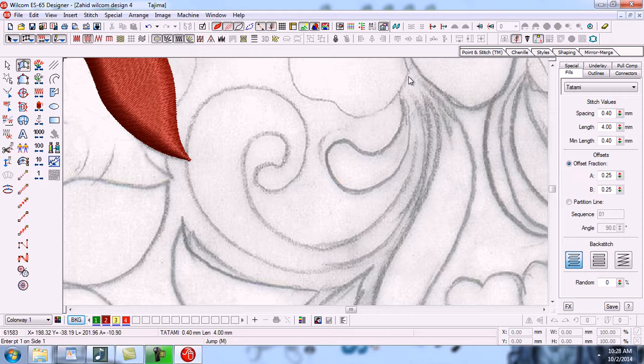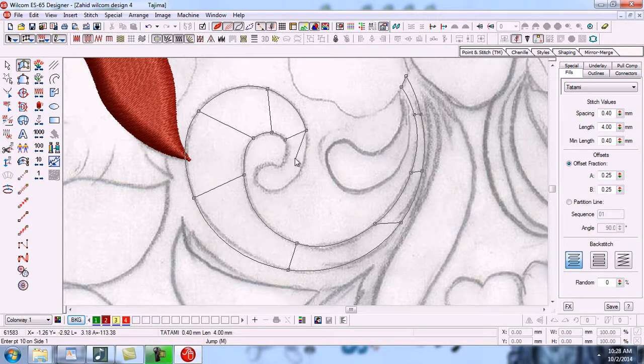So we will start this object with left click, left click, with two left clicks. Now for rounded line or rounded selection, we will press right click, right click, right, right, right, right, right, right, right, right, right, right, right, right.